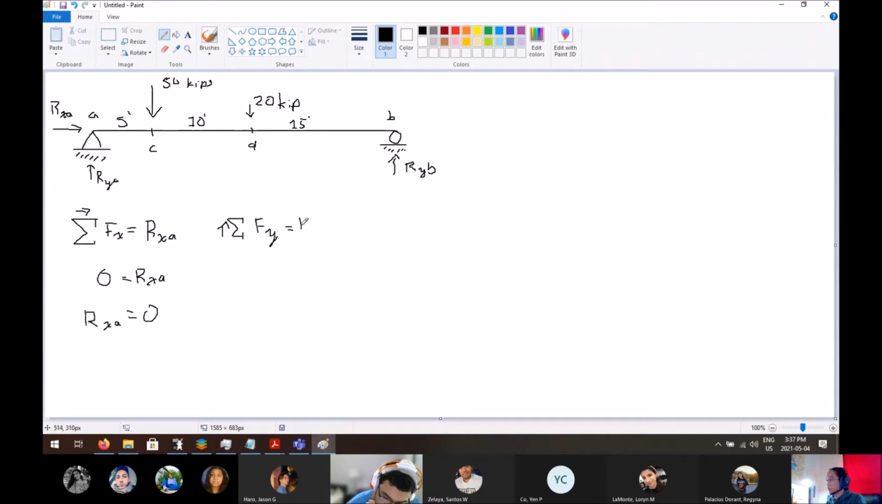So we have RYA, that's going up, so it's positive. We have this 50 kips, it's going down, so it's negative, minus 50 kips. Another 20 kips going down, so that's going to be negative 20 kips, plus RYB. It's going up, so it's going to be positive. Summation of forces has to be equal to 0, so 0 is equal to